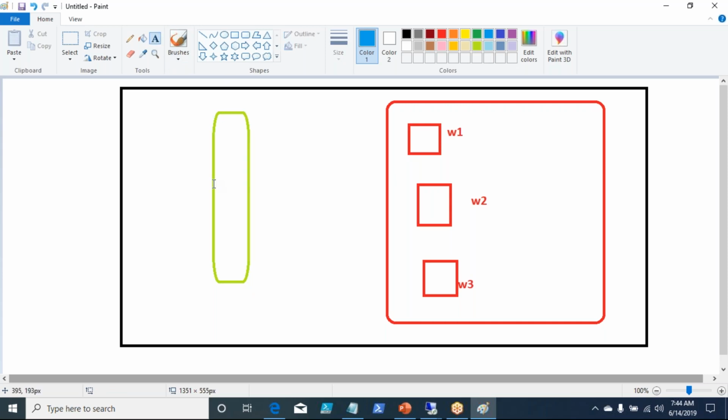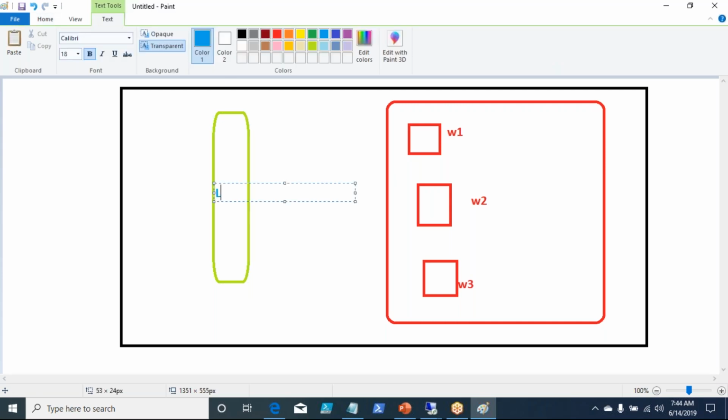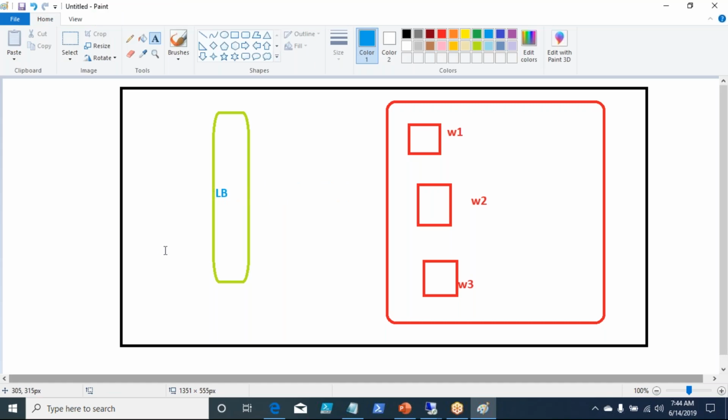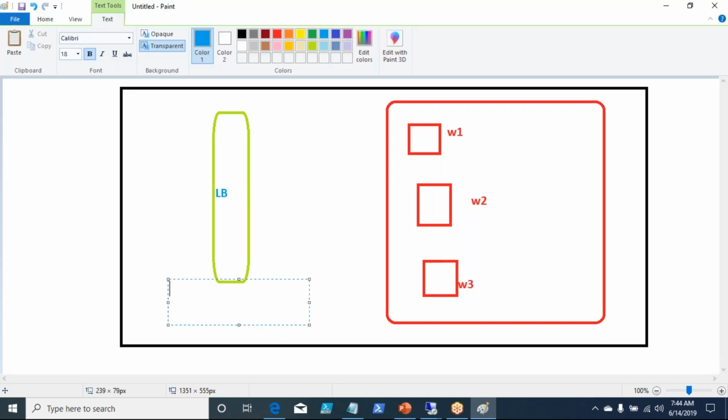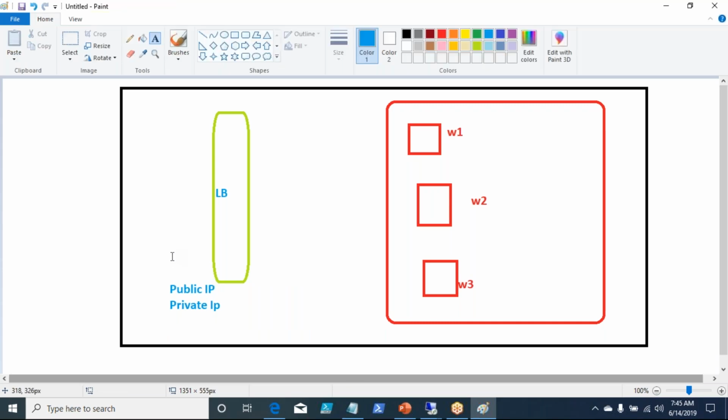Now, what will this load balancer do? This load balancer can have two types of IP addresses. It can have a private IP address or it may also have a public IP address. That means when you create a load balancer, you are assigning an IP address to the load balancer.